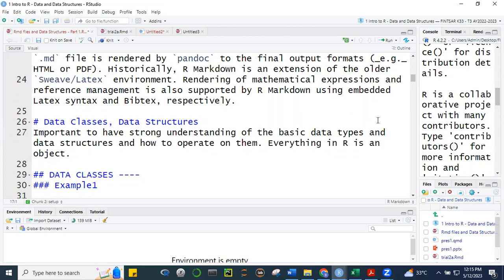Okay? So ano-ano ba yung mga data classes sa R? Okay, what are the data classes? So I listed here some of the most important data classes. Okay. So first we have here,